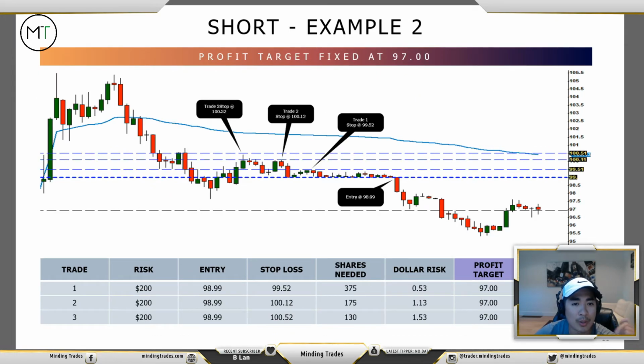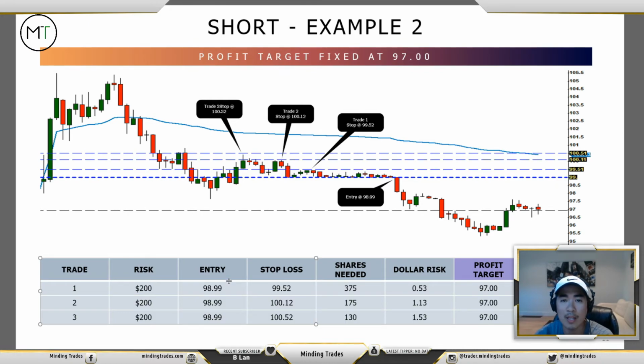Next example, we're using a short example, but with a profit target fixed at $97. So we know that this is the target, $97. Maybe there's a daily pivot here that wants to go to $90. Our entry here is on a triangle, a triangle base breakdown, and we're going to enter once it breaks that whole number. So for trade 1, the entry is at